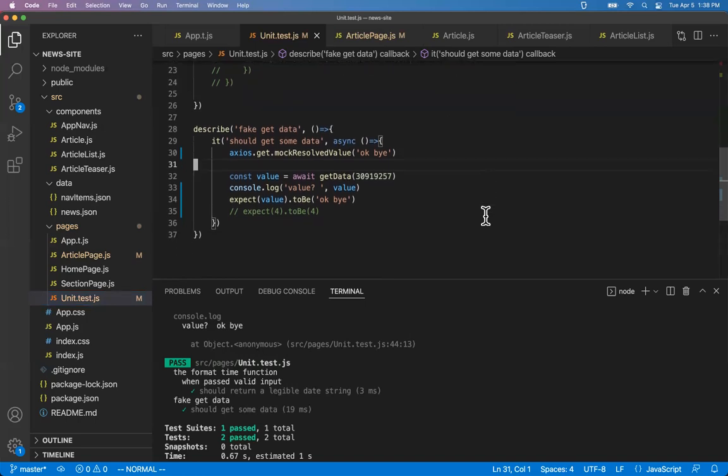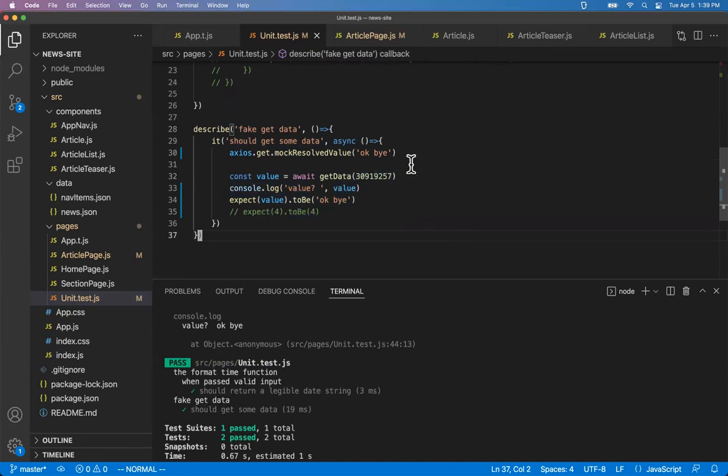Now, this is still a valuable test because it documents how the get data function works. So I was saying before that tests can serve as verifiable documentation. So in this case, it isn't exactly verifiable because this isn't the real get data function that's running. But at the very least, if I'm a new developer and I have no idea how this application is supposed to work, I can read the tests. And this is more or less documentation about how the get data function is supposed to work. But my preference